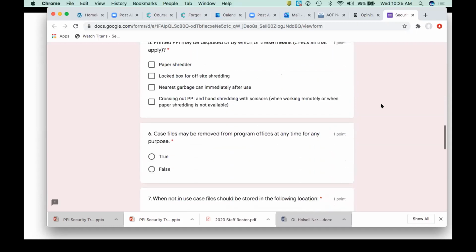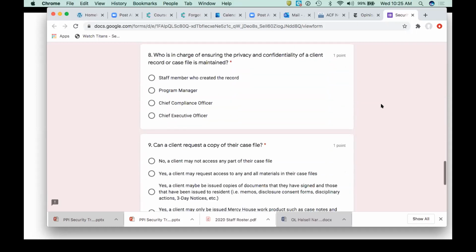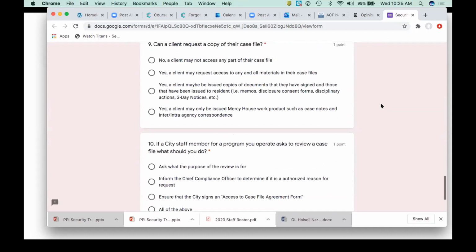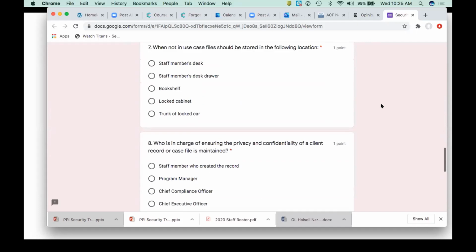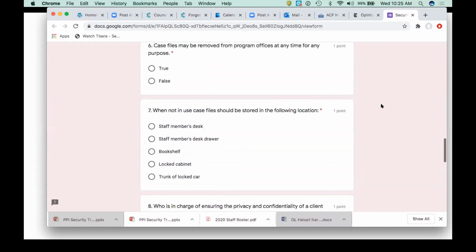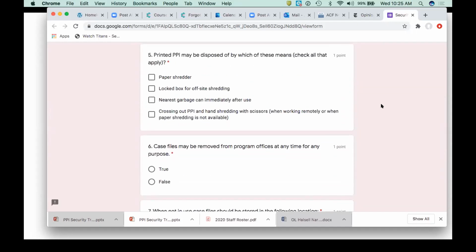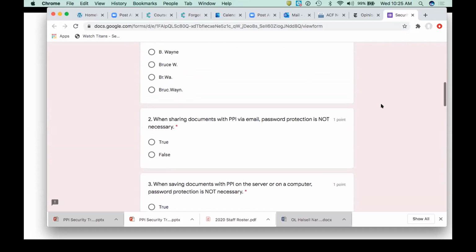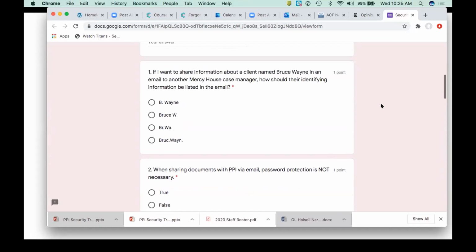If you use an assessment, please, please, please do not use ours. I cannot stress that enough, but you are welcome to borrow our questions, borrow our answers, and create your own assessment tool. Just please do not use ours directly, as we use this for our staff specifically.